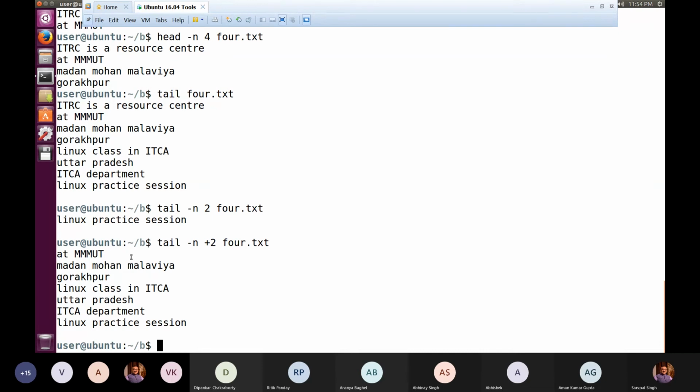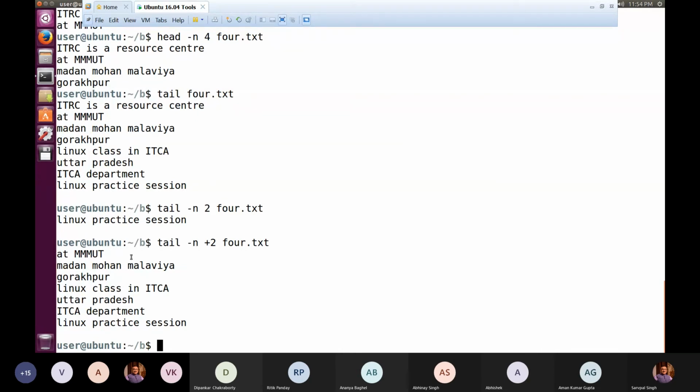So this command is basically exploited when somebody asks you to write a program where you have to specify a range. That means you wish that only line numbers 3 to 6 should be displayed on screen or taken up for doing any operation. So obviously the selection of line number 2 to line number 6 can be made by using head and tail both in combination.